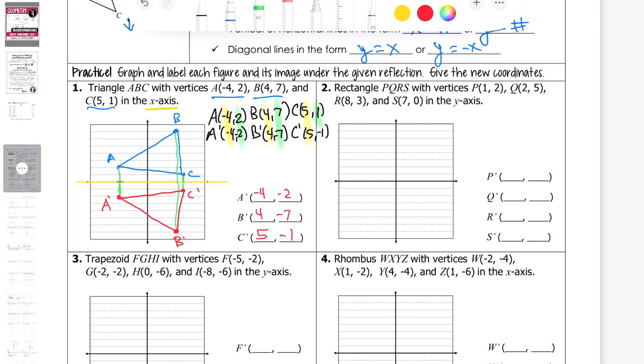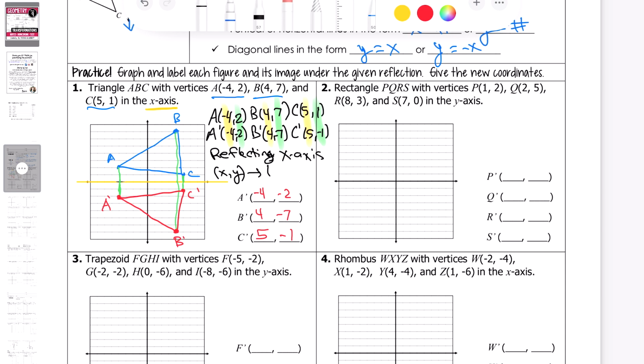And then we went from 1 to negative 1. So I can see that change happening. So the rule here, if I'm reflecting over the x-axis, is that we would have x, y, if I'm given a coordinate,